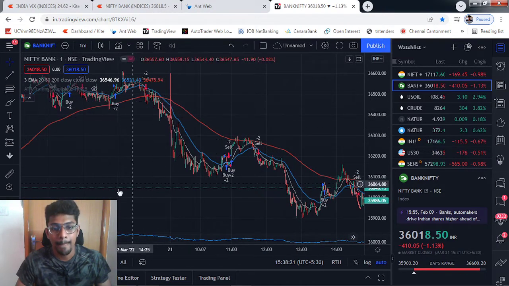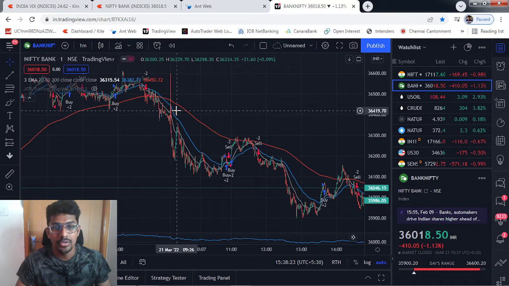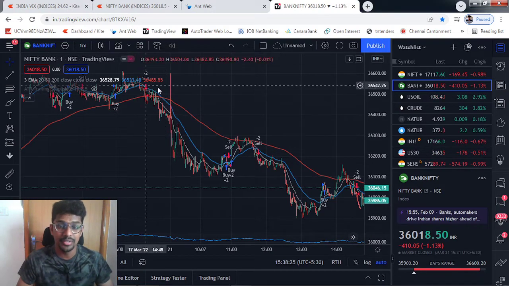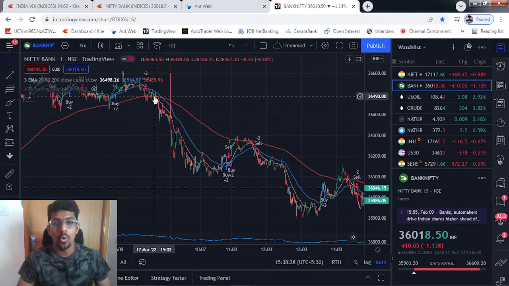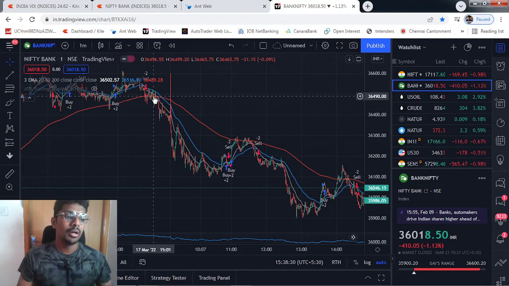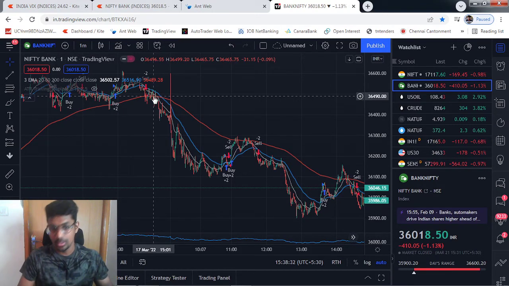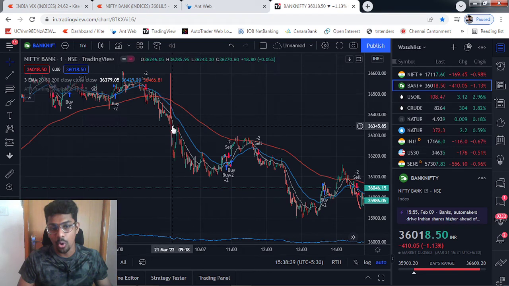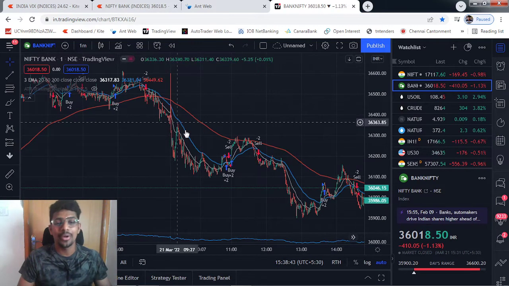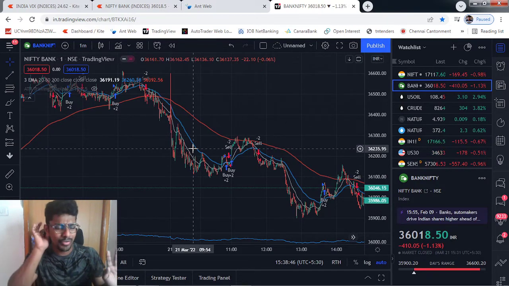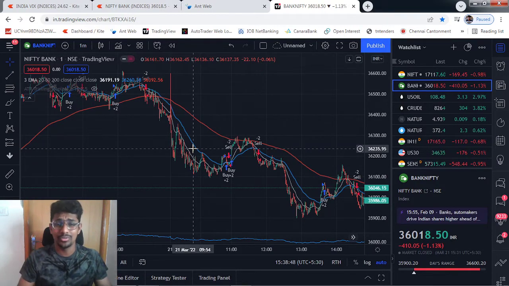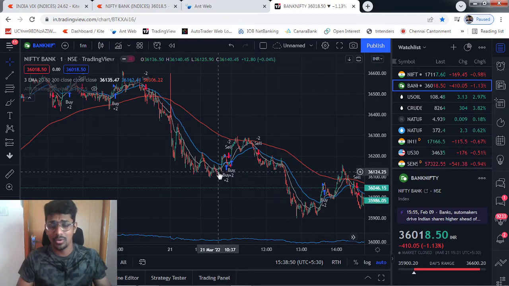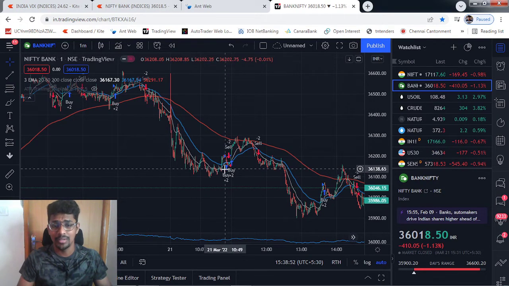If you see my TradingView, as per my moving average signals from today morning, from yesterday there was a sell signal already. So if you are holding a sell position from Friday, it would not have been a big problem for you. And anyway, it's still selling. The moving average is crossed on the sell side, and if you sell at the open of the first candle in the 1 minute time frame, it's still staying sell, and with 150 quantities you would have made like 15,000 rupees profit in the first 1.5 hours itself until you get this buy signal.